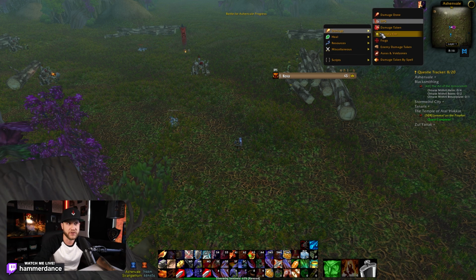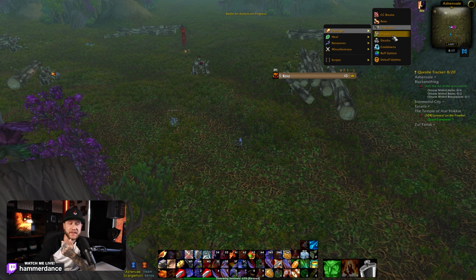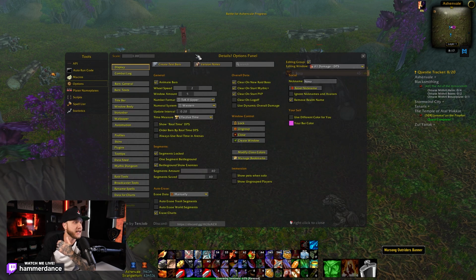with Details. You can track damage done, damage taken, friendly fire, frags, auras and void zones, healing done, healing per second, overhealing, healing taken, enemy healing done. You can track deaths, right? When people die in your raid, you can check how they died, what killed them. You can check dispels. You can check who is interrupting. So many things can be done with this, and you could also come in here into the settings,